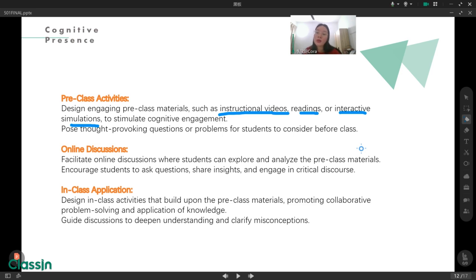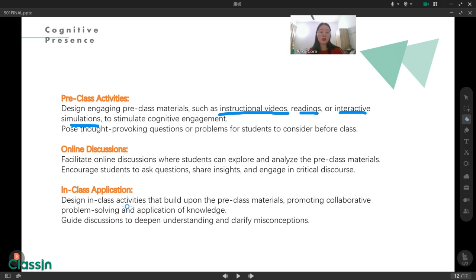And the second step, we can do some online discussions. In this part, we can facilitate online discussion. Students can explore and analyze the pre-class materials. We have to encourage students to do activities like asking questions, sharing their ideas, and engaging in critical discourse. And the last part is in-class application.